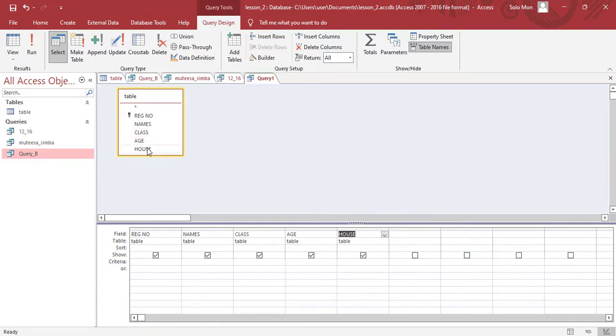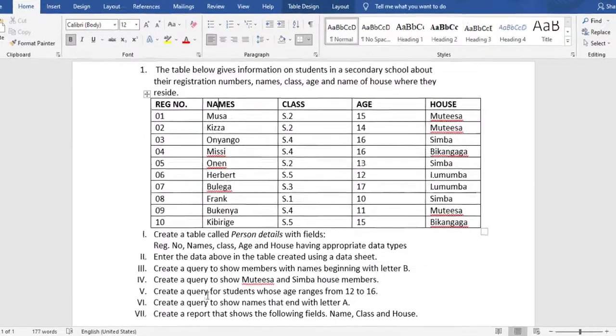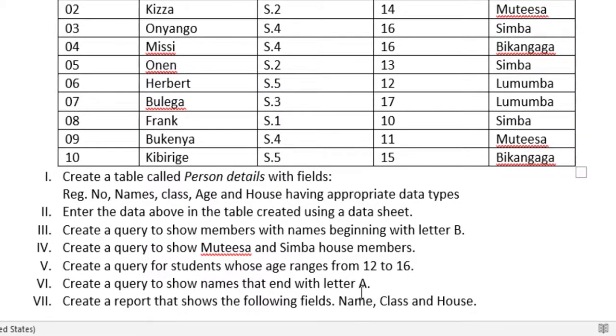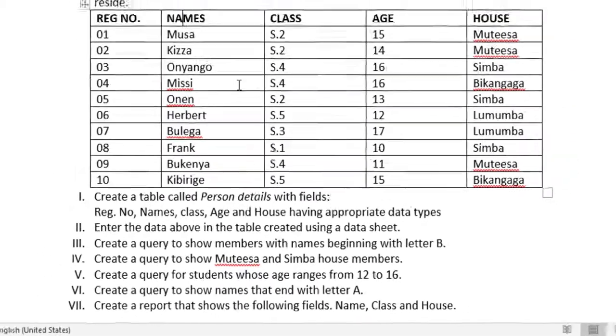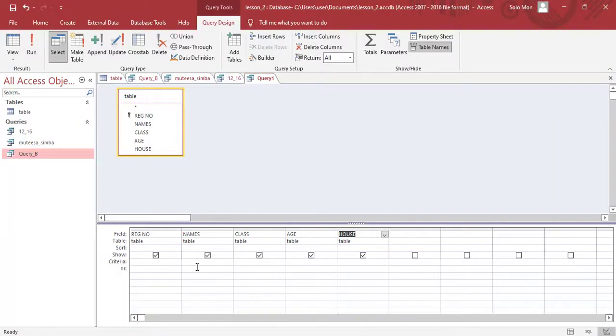Now putting these field names might depend on the question. In case they tell you to create for only registration number, names and age, don't add the rest. So here the question is asking us to create names that are ending with A. So they are talking of names ending with A. Still we go names here, then the criteria is going to be,